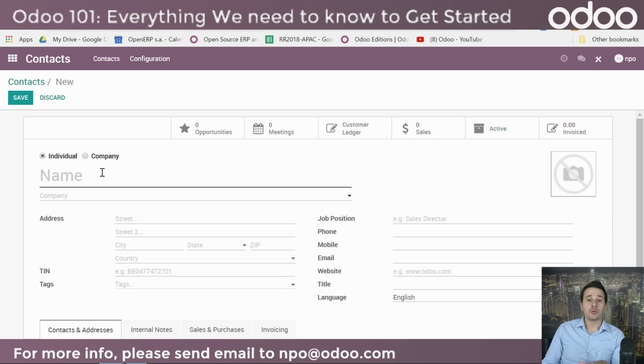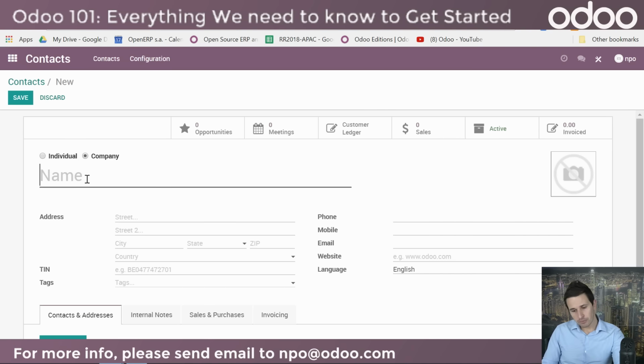One thing you need to understand is that because of the integration in Odoo, I can create a contact here from the contact app, but then it will be available everywhere. So it will be available in the sales module. It will be available in the project module if you use it, in the accounting. So let's say I create a company. So let's call it